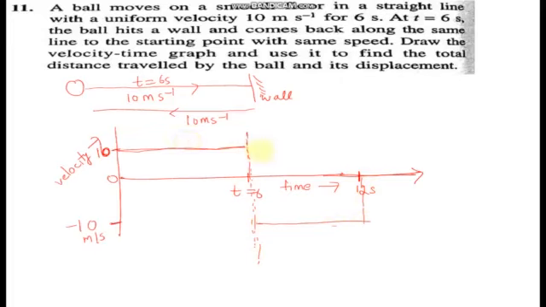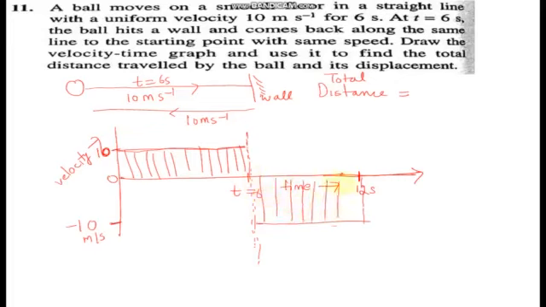which means it reached its initial position. Next, it is given, you have to draw the velocity time graph, and find the total distance traveled. Now how do we find the distance? Distance traveled is always given by the total area under the velocity time graph. We have this area under the graph, and the other is this area under the graph. Now this is a sort of rectangle.